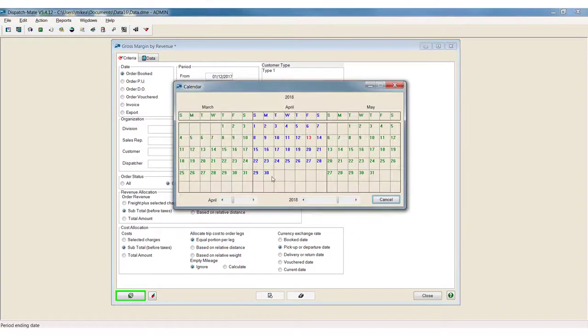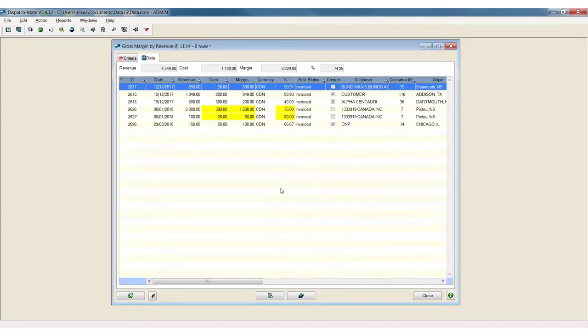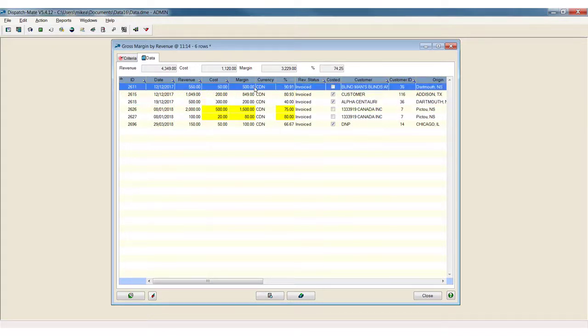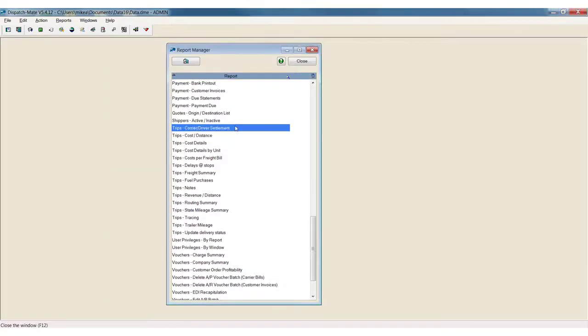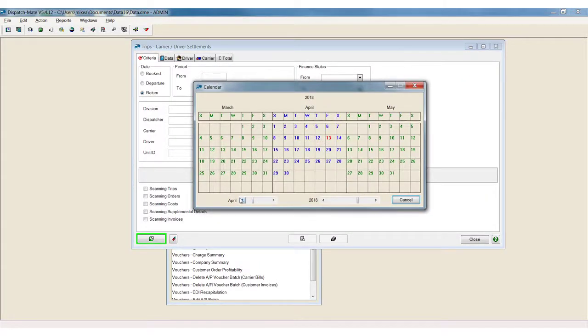Once we enter the criteria and run the report, the gross margin is then calculated where we can clearly see the revenue and cost and the total margin of each order, along with the grand total and the average margin at the top. The trip carrier driver settlement report allows us to see driver pay based on a certain date